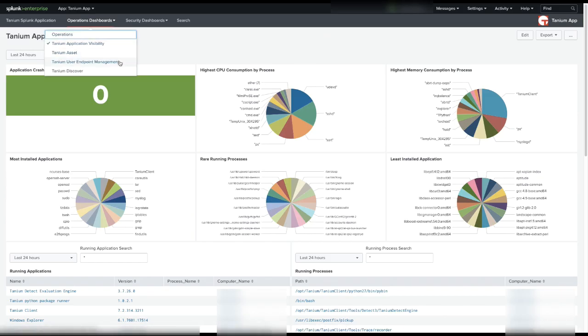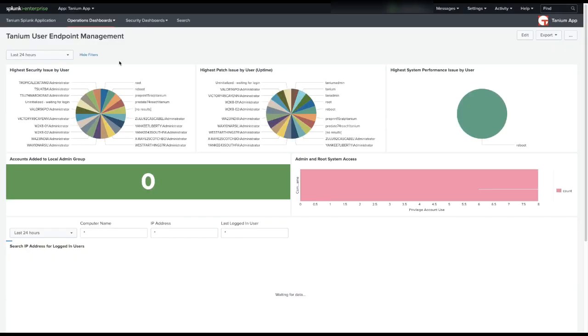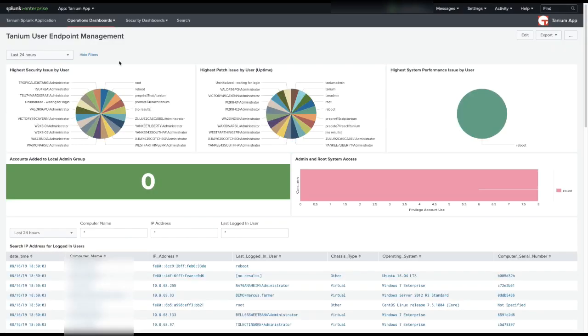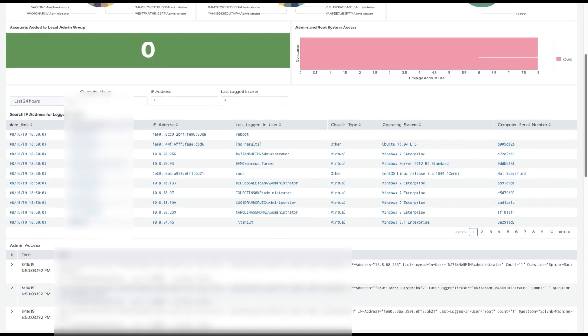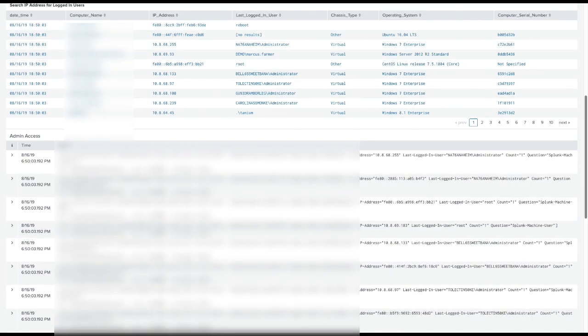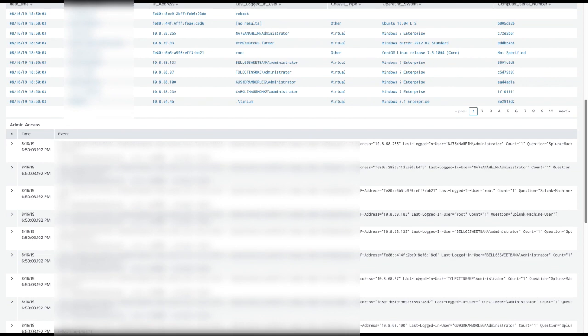Under User Endpoint Management, we get similar perspectives, but this time from a user. So let's look at high security issues, patch problems, performance issues, details around users and assets, users with administrative access, all to help you identify the common behaviors in your environment or outliers that you may want to pay attention